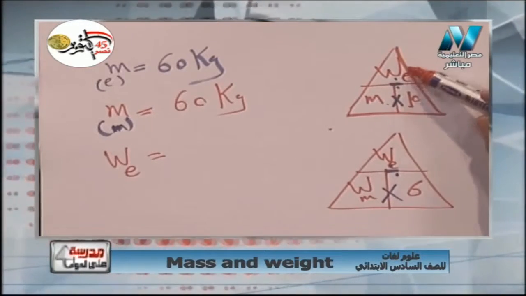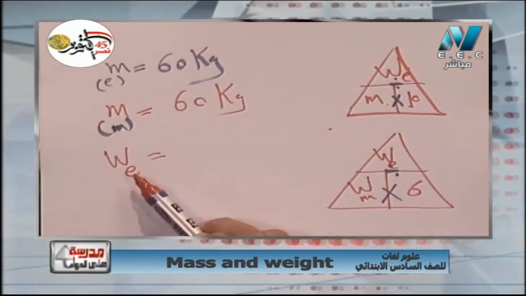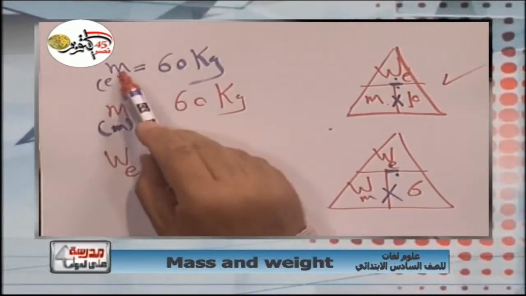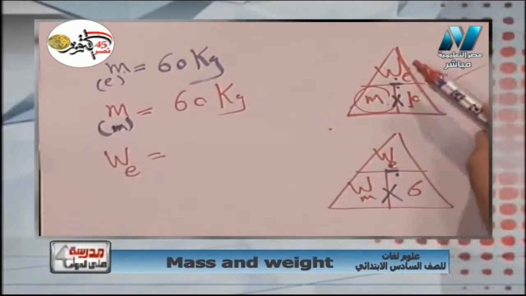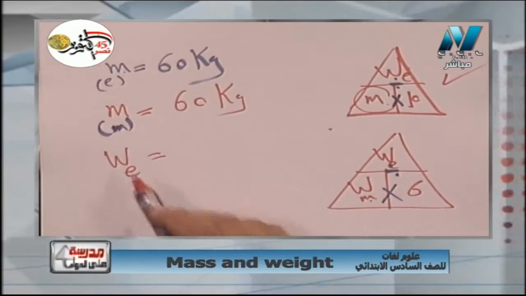دايما اللي فوق هو weight on earth سواء كان في first law او second law. اتفقنا؟ طب مطلوب مني weight on the earth يبقى اكيد هستخدم الرول ده. طب ليه؟ اصل انا عندي mass هو ده الموجود قدامي وعايز weight. لكن ده في weight on earth، weight on the moon لا لسه ما وصلنالوش خالص. يبقى weight on earth equal what؟